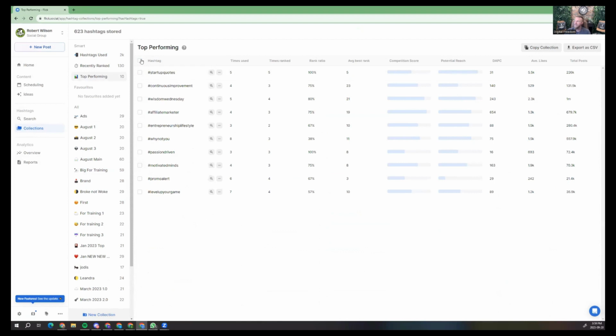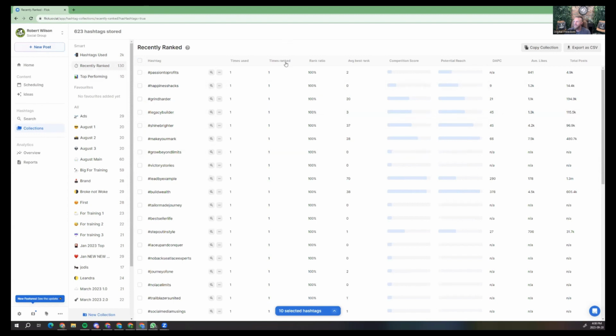So when we're making these, say we're making a 3 hashtag thing, we'd want to grab these 10 hashtags and put them into all 3 of the collections. And then from those 3 collections, you'd just be adding another 10 or 15 on top of that. You can always just see the ones that have been recently ranked.